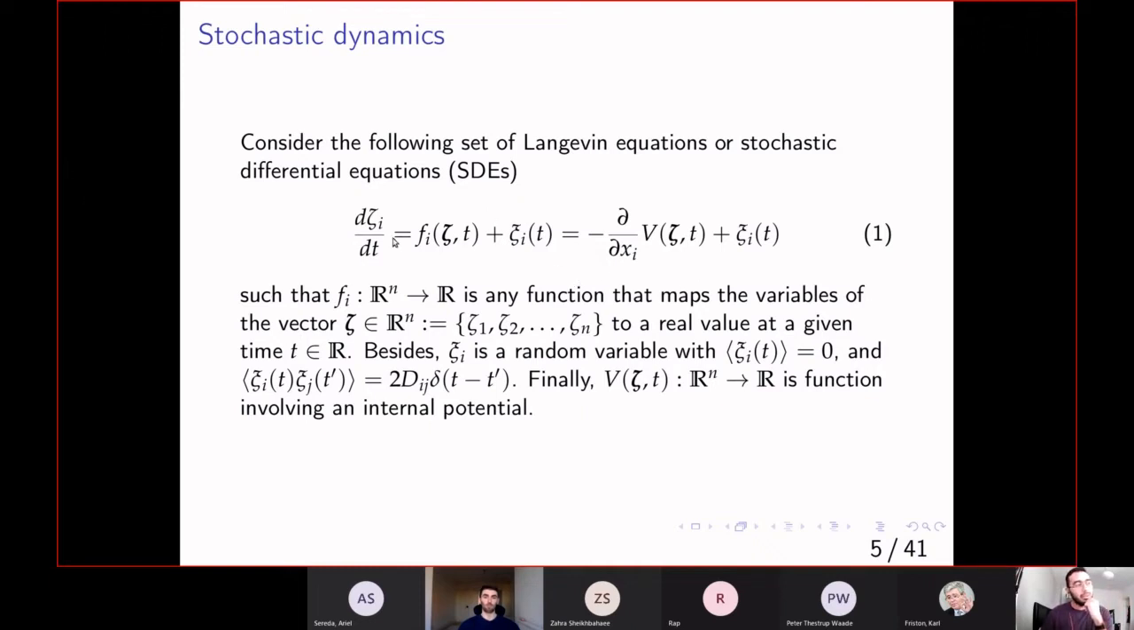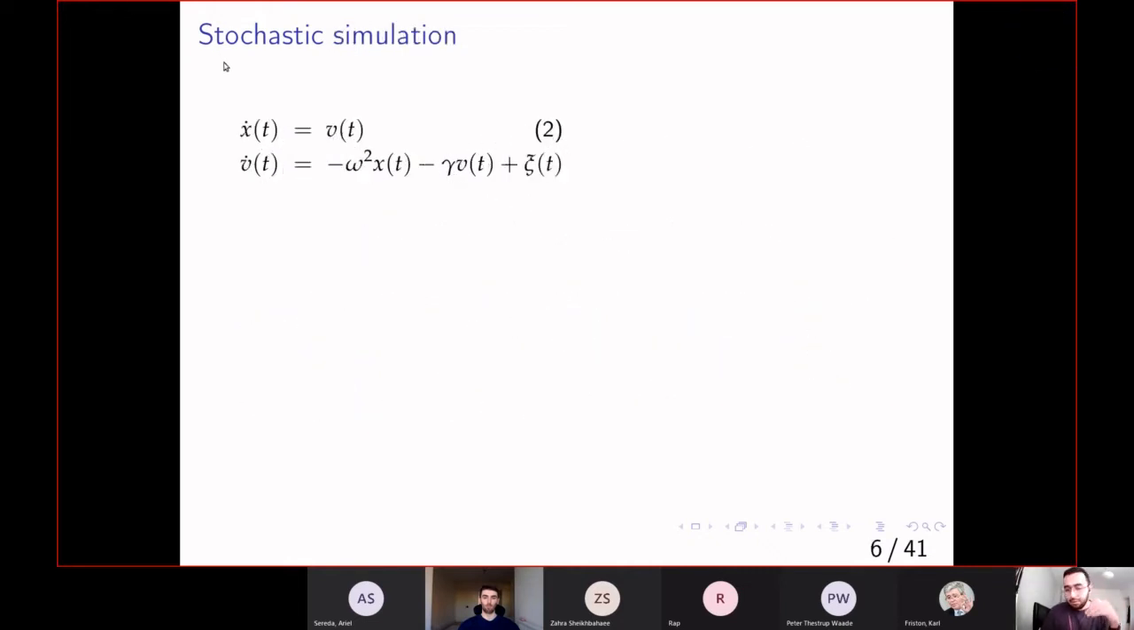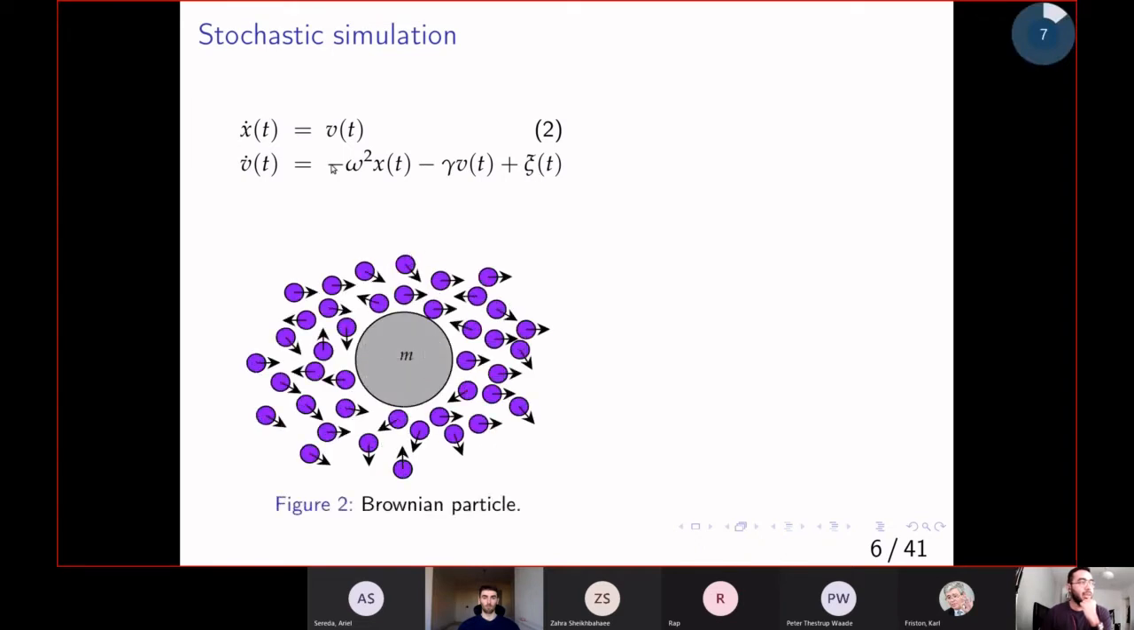But if you want to understand this and study how to solve this stochastic differential equation, maybe let's just give a brief example. You have to do a stochastic simulation. So let's take this second order system, very simple. And this second order system is just a mathematical model of this Brownian particle, which is suspended on a fluid,